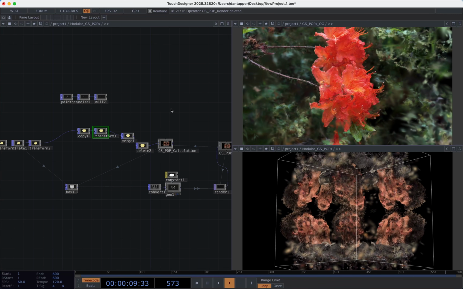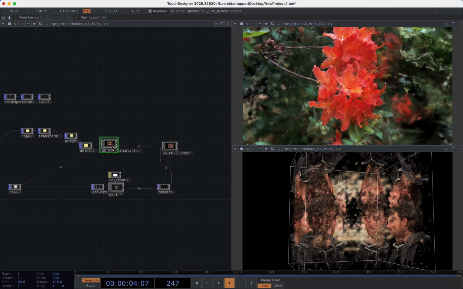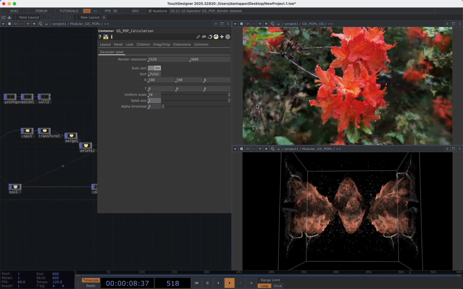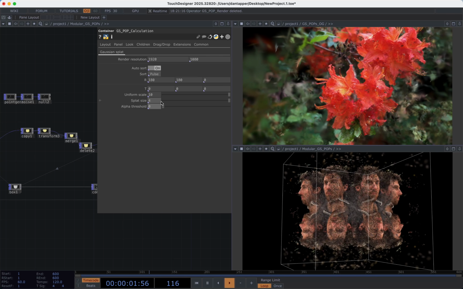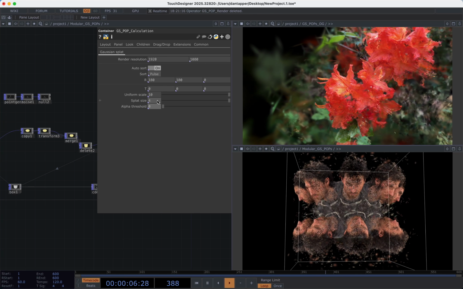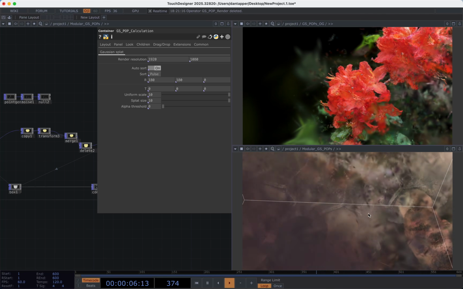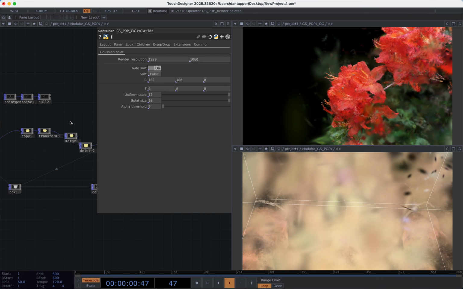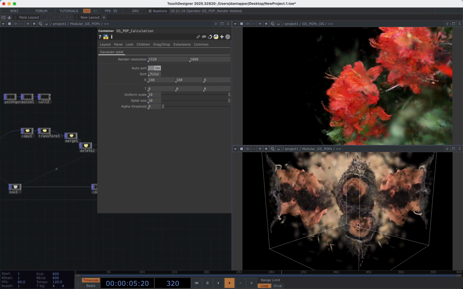Once we've completed whatever our network's going to be in that area, we can bring that into a GSPOP calculation. And this is where we can do things like scale the splat size. And this basically is where we add in the shaders and the logic that makes this into a Gaussian splat. So, we could go and make this really big. This is where we go from points to splats. And this calculates all of the spherical harmonics and everything that we need to convert that into a splat for